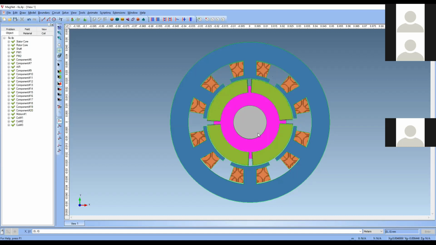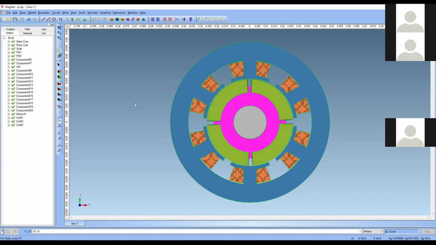Now, like this, the machine is being designed. We have created the shaft, rotor hub, permanent magnet, and I have told you how to create the windings also. Now we have completely built the model.